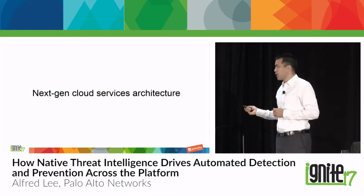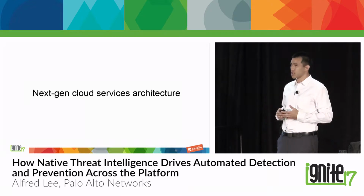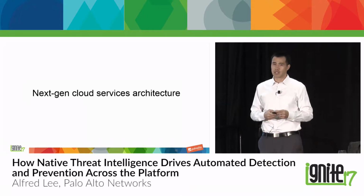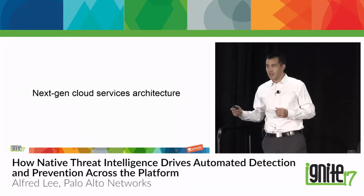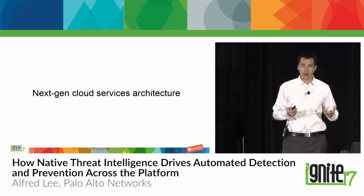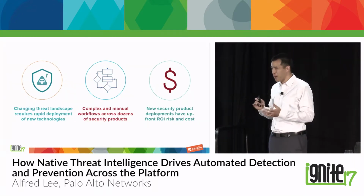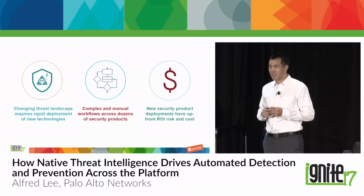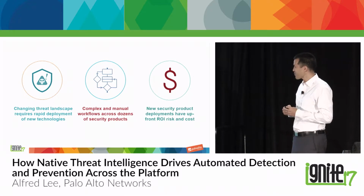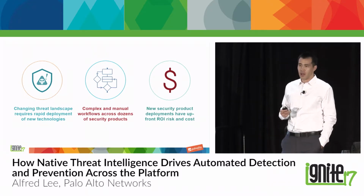All right, we're going to switch gears, and we're going to talk about the next generation of cloud security services architecture. And this is in line with what Lee Klarich talked about yesterday. And you'll notice that a lot of the slides are very, very similar, if not exactly the same. In terms of the problems that we see